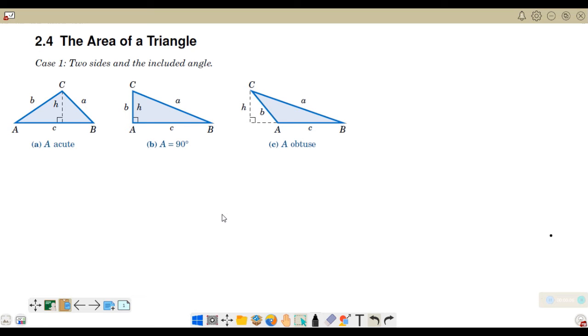For today's video lecture, we are going to talk about the area of a triangle. So, na-discuss na natin yung area ng triangle sa subject natin na geometry. This time, we are going to apply the trigonometric ratios and trigonometric functions that we've learned from the previous chapters or previous lessons in finding the area of a triangle. So ito, tong first na triangle natin dito, medyo familiar na kayo kasi given kung sino yung altitude,